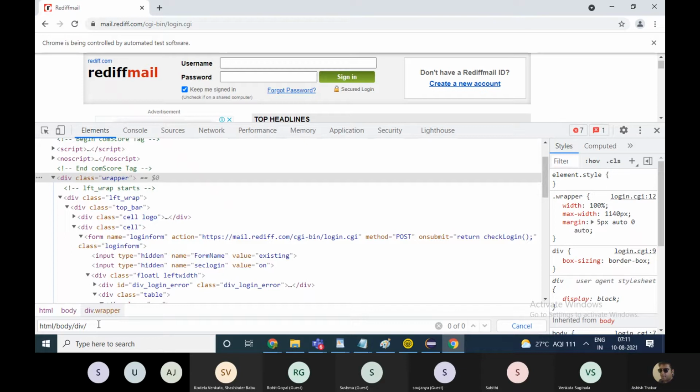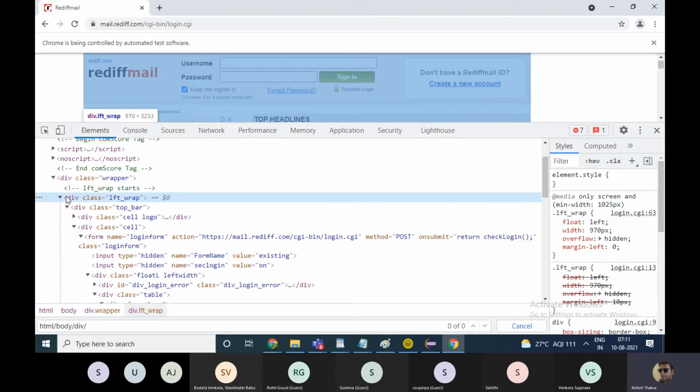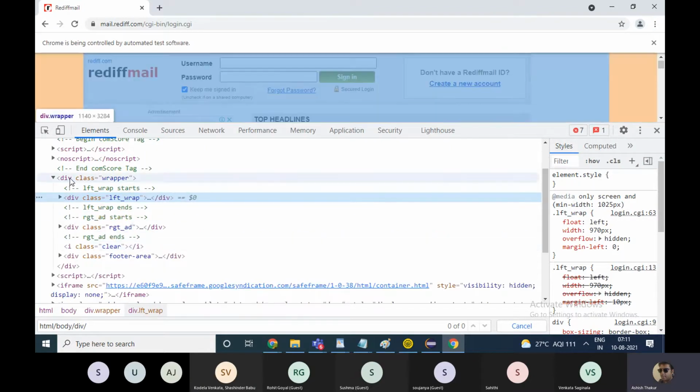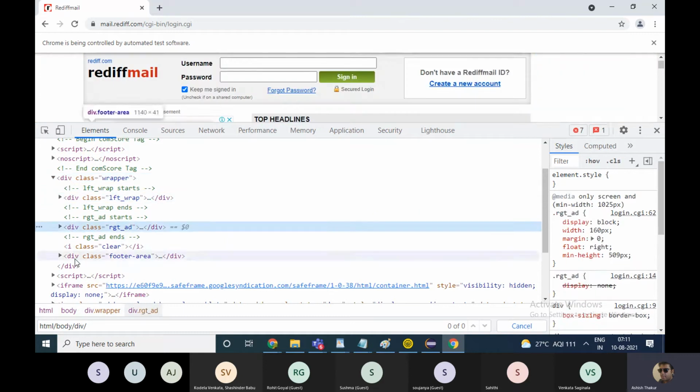out here you have got this another division tag. And this division tag, if you look at it carefully, there are three parallel division tags.